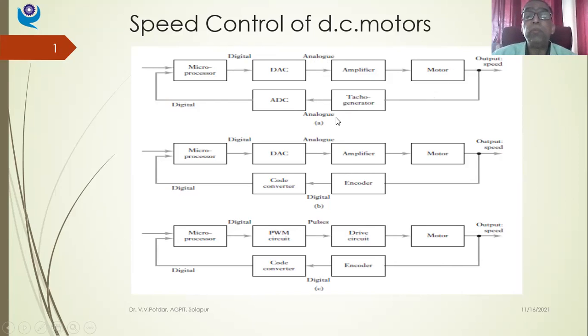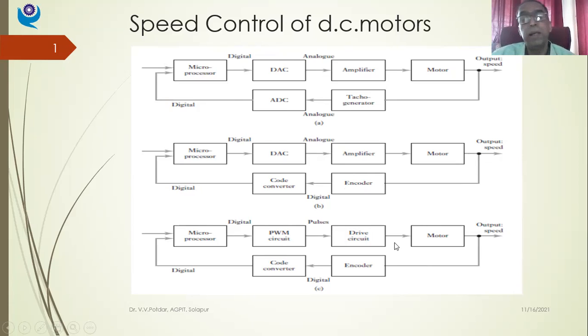and this is the actuator element as such. If you can see in the first figure, the feedback of the speed that is taken from a DC motor is analog in nature, and the signal that is used to control the motor is also an analog signal. In the second case, the sensor transducer used is digital in nature. If an encoder is used, it generates a digital signal. So the feedback signal is a digital signal, and the control signal or the actuating signal is an analog signal, right?